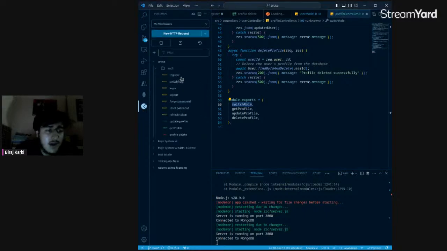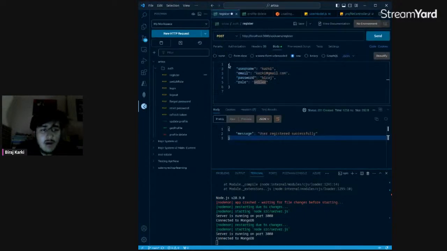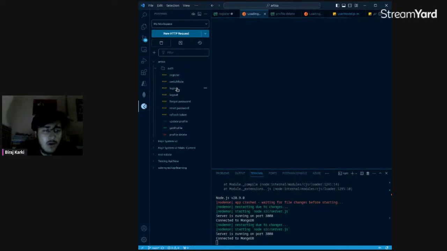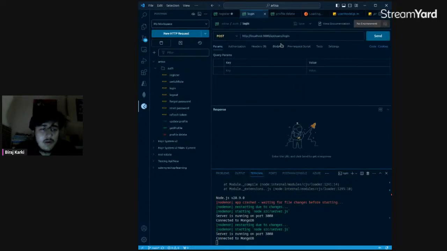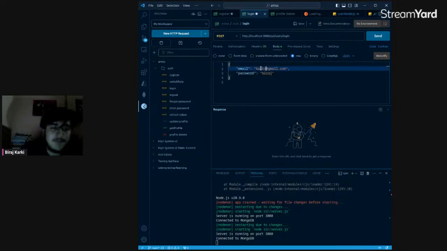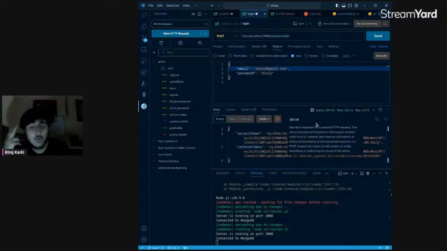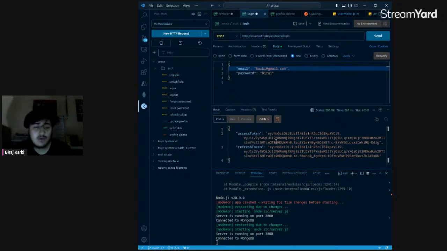I have just created one account, this car key at the rate, and the password is this, Biraj. If I go to the login, and in the body part I switch to the car key, I get two tokens. One is the access token and one is the refresh token. What I'm doing is, the access token will be used